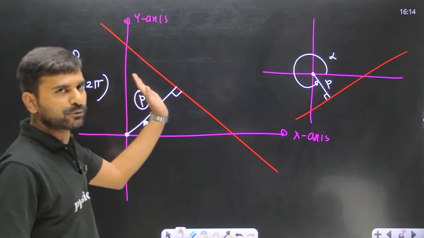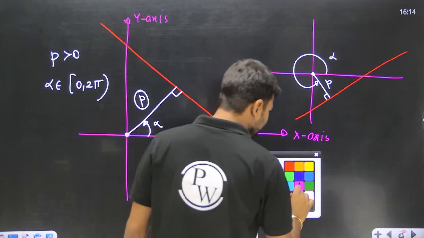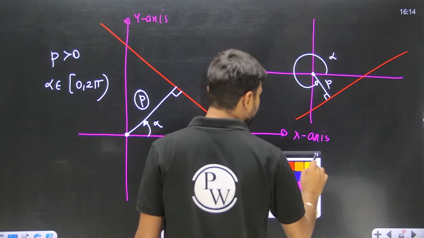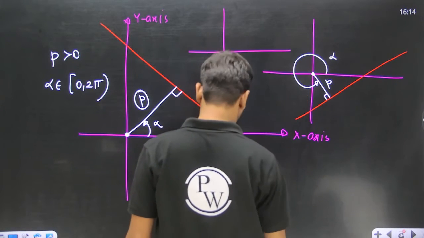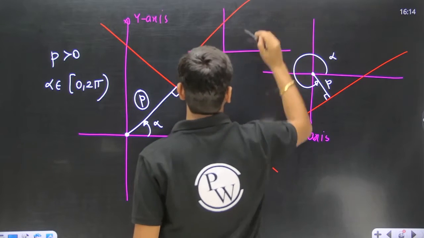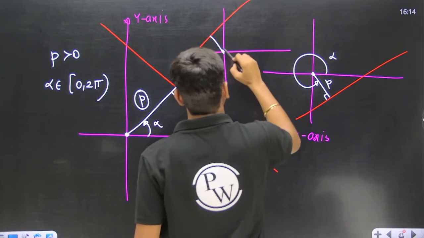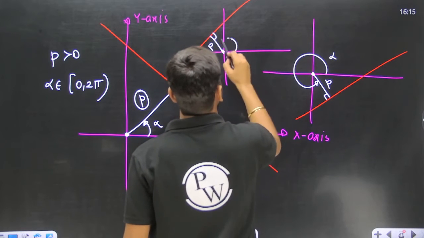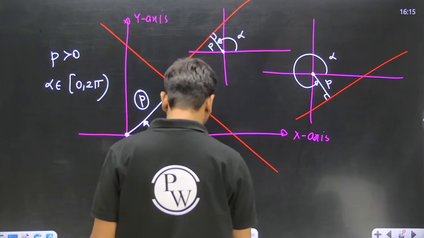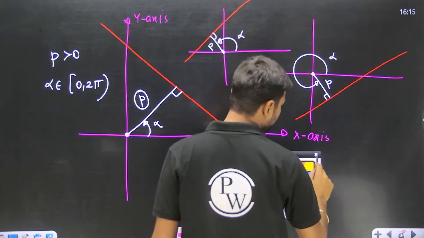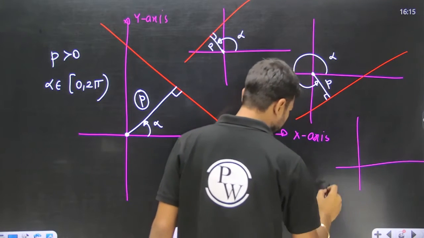So we want to write down the equation. If the line is, let's say, in the second quadrant like this, then what are these things? We will drop a perpendicular from here, so this will be our length P and this angle is going to be our alpha. If a line is in the third quadrant,